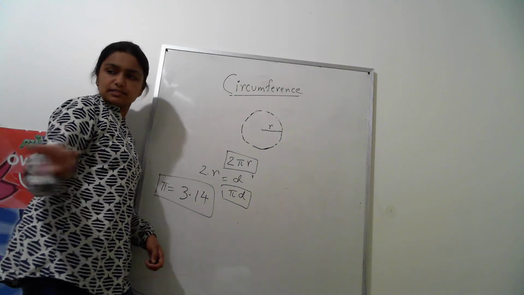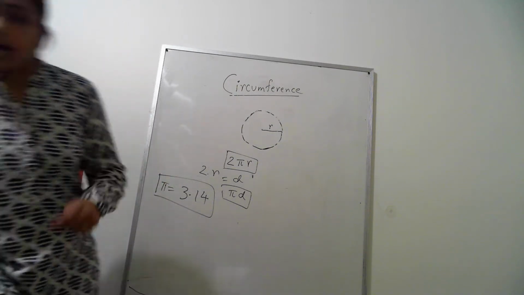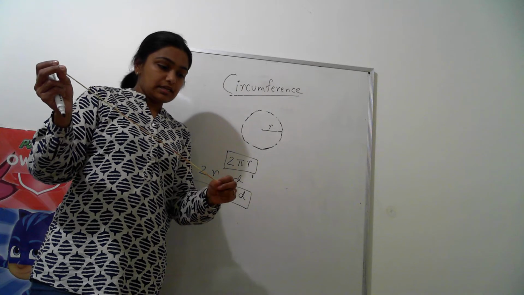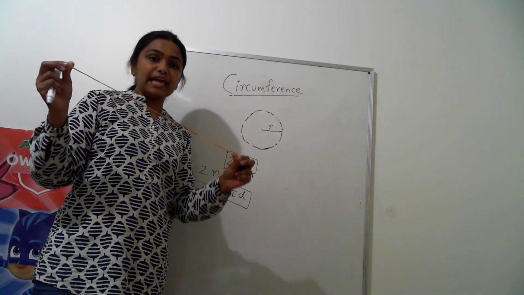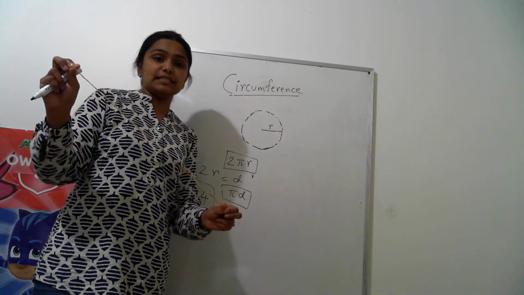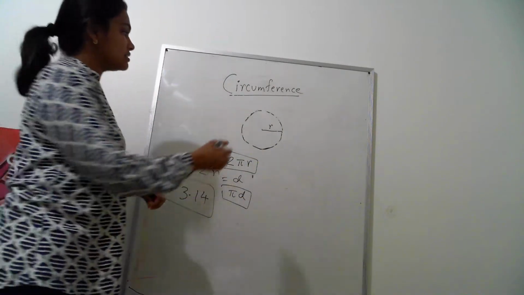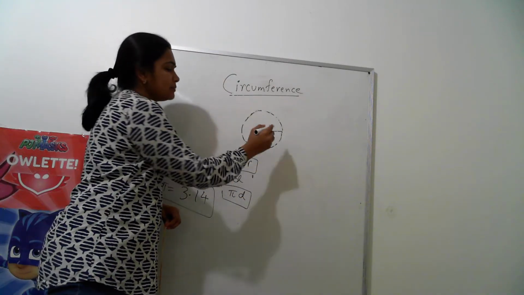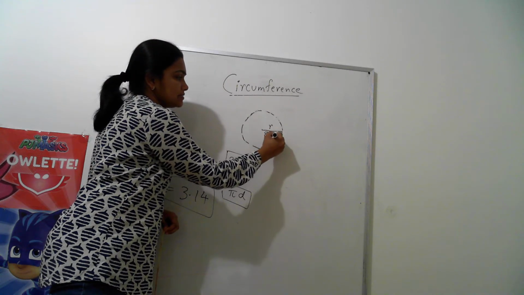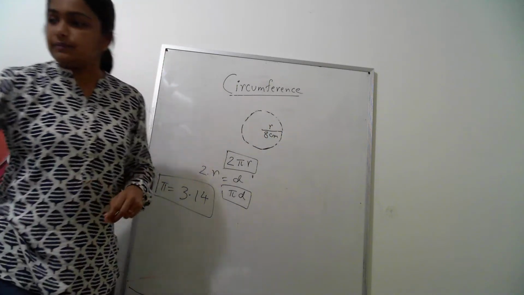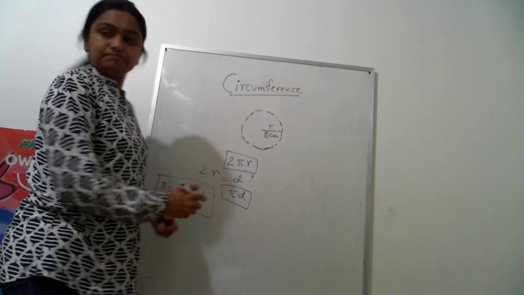So now I know what it measures. It measures 50 centimeters. If the circumference is 50 centimeters, then the radius will be approximately 7.96, or let's say 8 centimeter. Okay, now